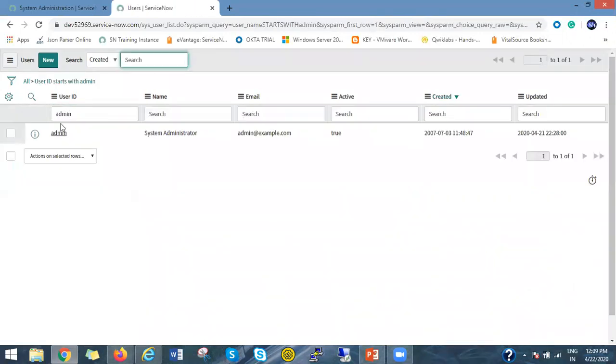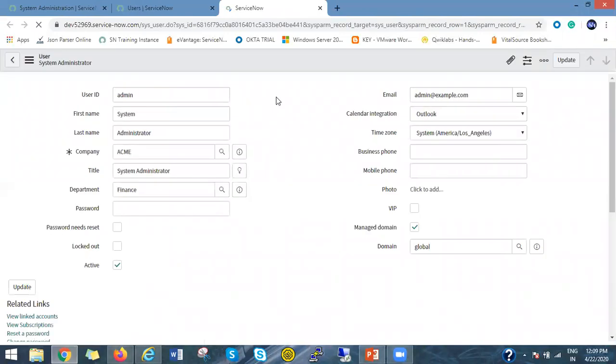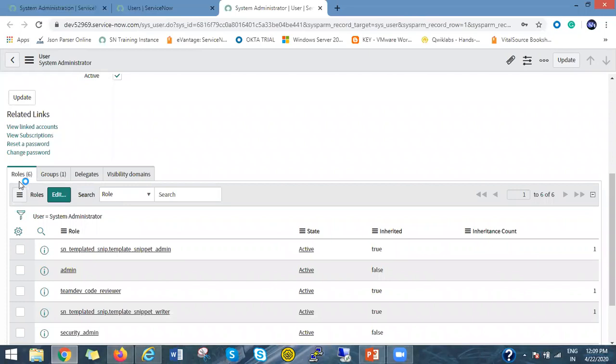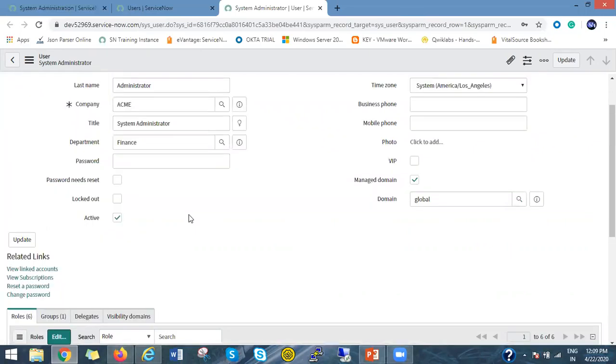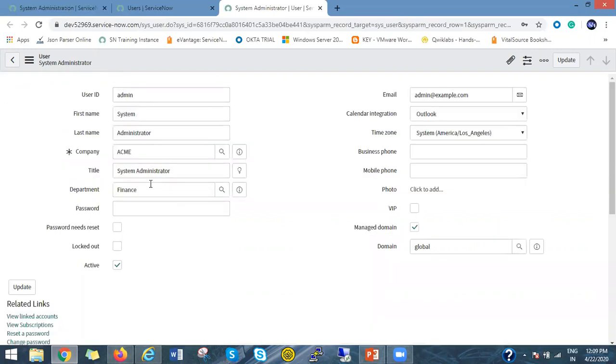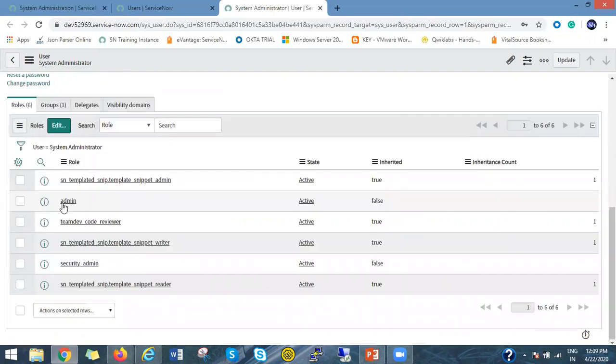So this is the admin user which is given by ServiceNow. Now if you see this user inside the user table, if you come down, there is one related list, associated roles, and you can see this user has the admin role. That's why we are saying this user is system administrator who can do anything in our ServiceNow platform.